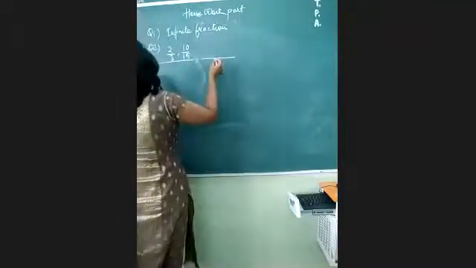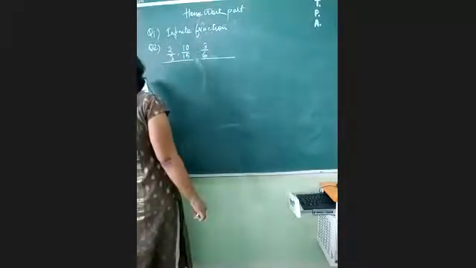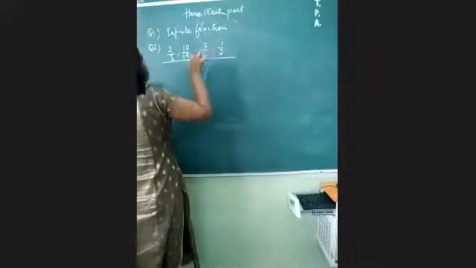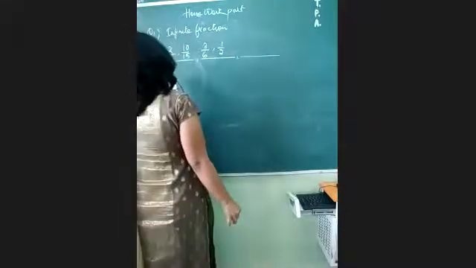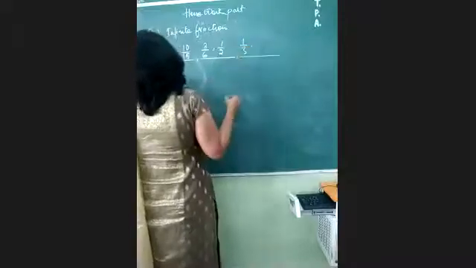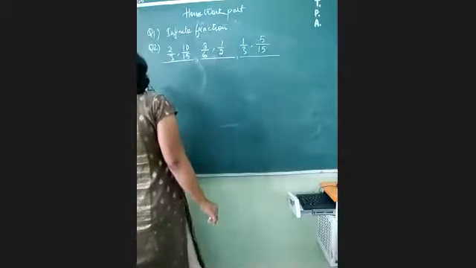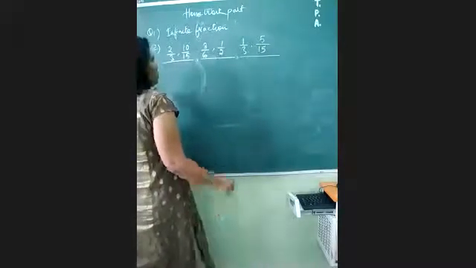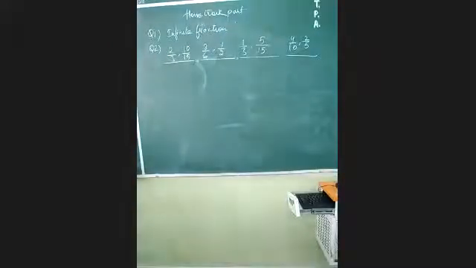Now 3 by 6 will give you 1 by 2, and the same number 1 by 2 only. ठीक है? Now the next pair will be 1 by 3 with 5 upon 15. Now the last one is left, 4 by 10 and 2 by 5. Yes, 4 by 10 and 2 by 5. This will be the complete solution for this question. I hope it is clear now how we are getting this.